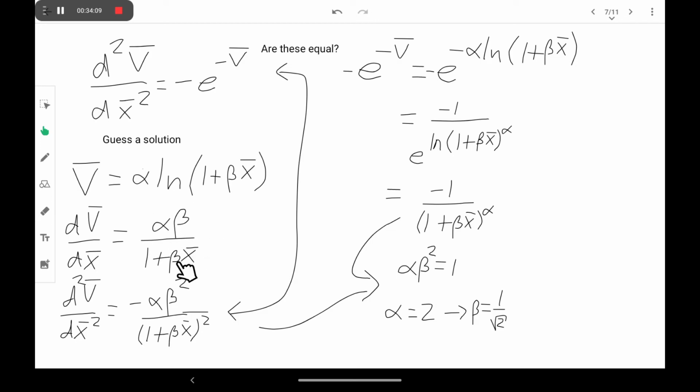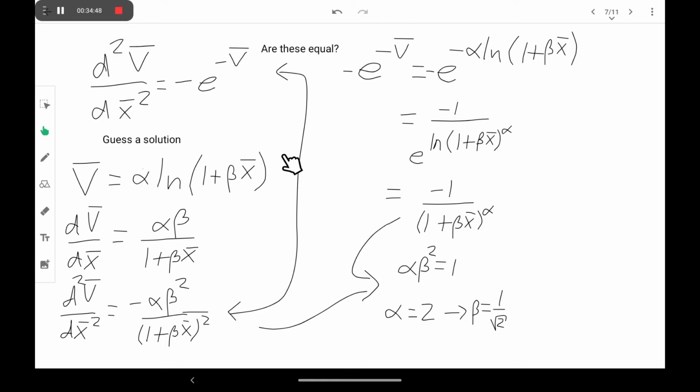Take the derivative of that with respect to x to get our double derivative. Well, this whole thing's in a denominator, so a negative 1 will come in, and that denominator will be raised to the second power. But we also have chain rule, another factor of beta comes out. So now we have this. And the question is, if this equals this part, and this equals this part, then does this equal this? If this guess was correct, then we should be able to pick constants alpha and beta so that this equation works. So let's take this piece over here, and let's see what it looks like substituting this